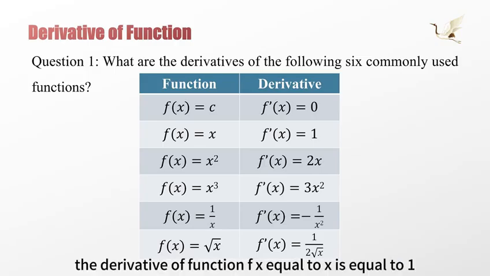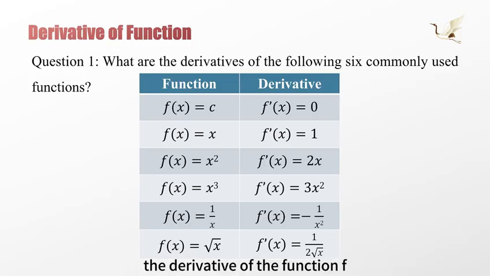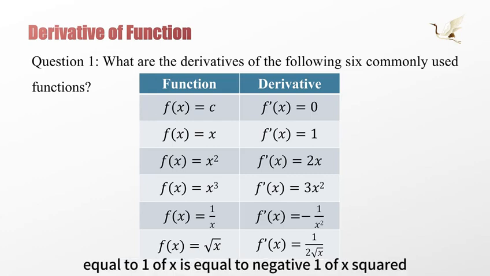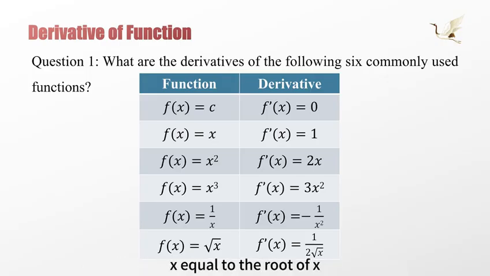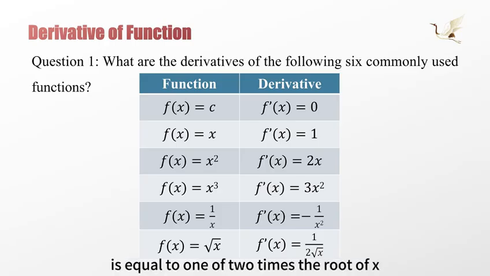The derivative of the function f(x) equal to x is equal to 1. The derivative of the function f(x) equal to x squared is 2x. The derivative of the function x cubed is equal to 3 times x squared. The derivative of the function f(x) equal to 1/x is equal to negative 1/x squared. The derivative of the function f(x) equal to the square root of x is equal to 1 over 2 times the